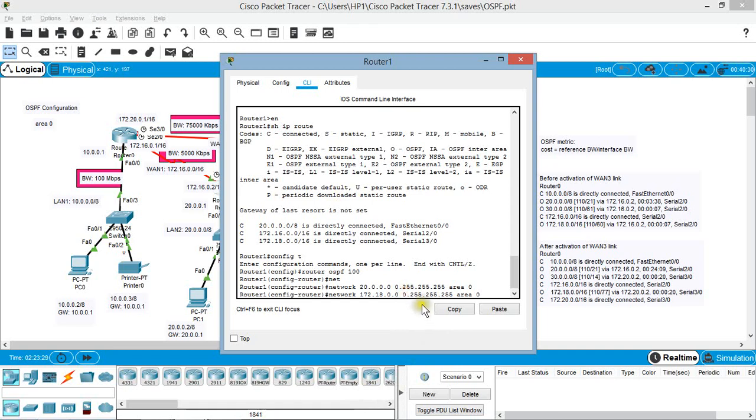So here I have to delete one of this 255 number and replace it by 0. The wildcard mask here is, or let me write the command again, complete command.